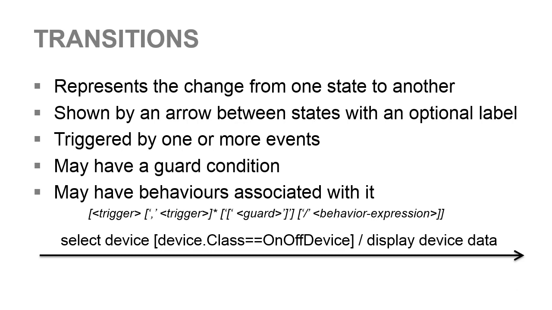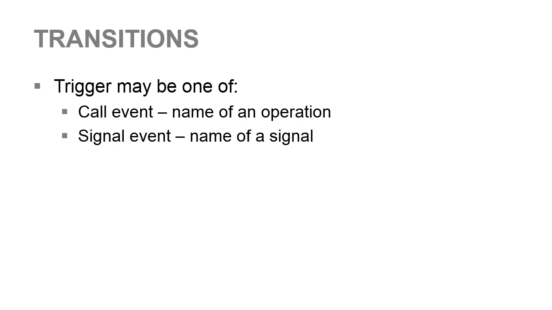So here the trigger event is select device, the guard is device.class == on/off device, and the behavior is display device data. There are different types of events that can be the trigger for a transition. The example in the previous slide was an informally named event. Properly, the event should be one of the following: a call event, which is the name of an operation, possibly with the assignment of values to arguments; a signal event, which is the name of a signal, possibly with the assignment of values to the attributes of the signal; an any receive event, signified by the keyword all, which means